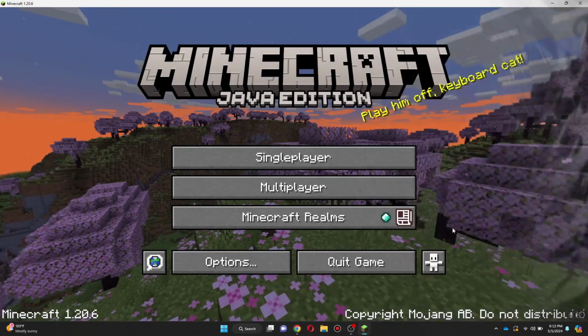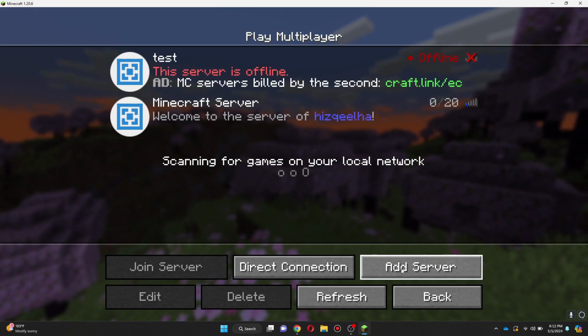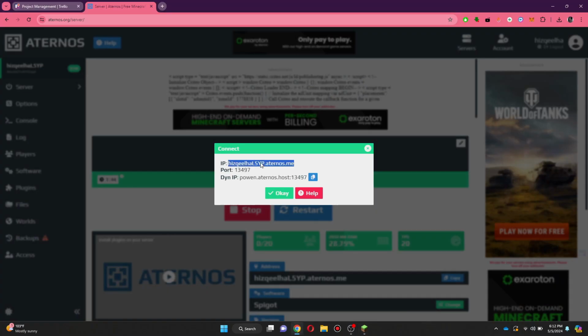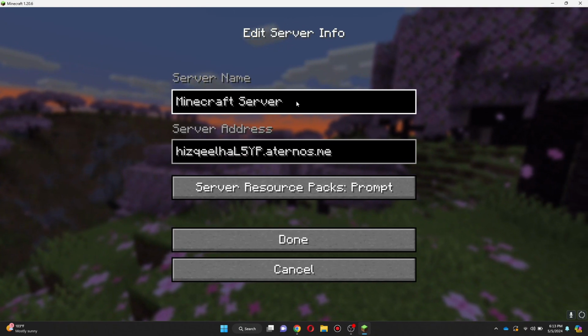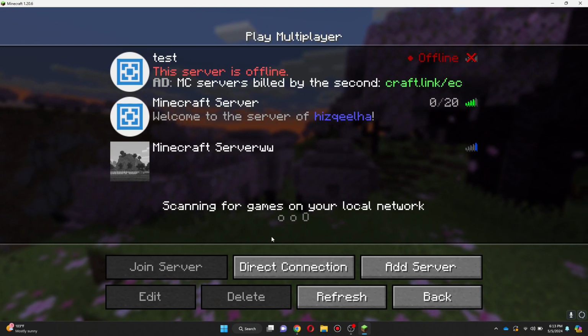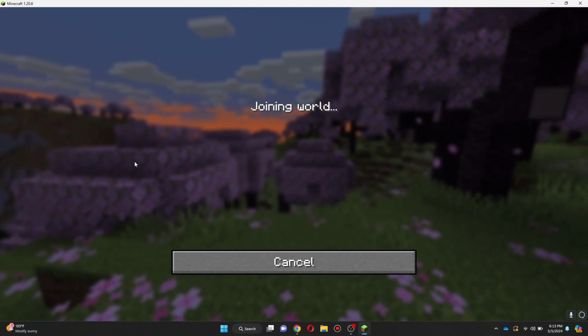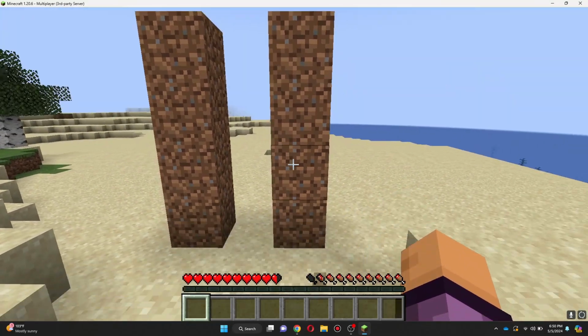Now, you need to open up Minecraft on your PC, and once you are here, click on Add Server, and I'll copy and paste the IP by highlighting it. I'll then paste it into the server address and press Done. Once done, I'll then join the server just like this. Now, what I'm going to do is make a quick tower to prove to you that we're joining the same world